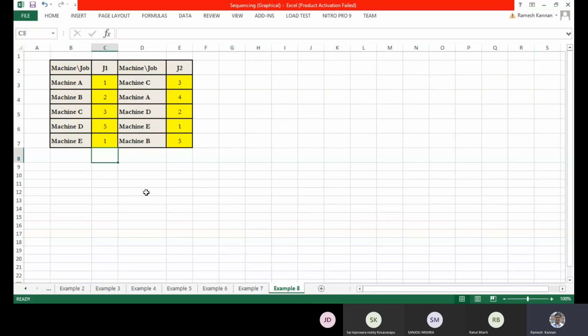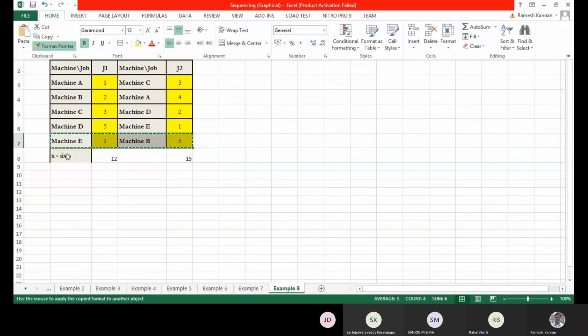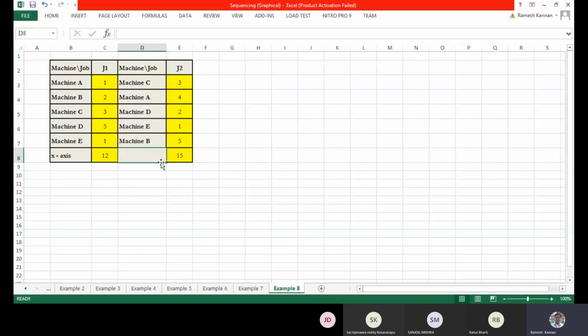Let's take a look at some things. In this case, if you see, this is 12 and this is 15. So the x-axis is 12, and the y-axis is 15, positive x and positive y.